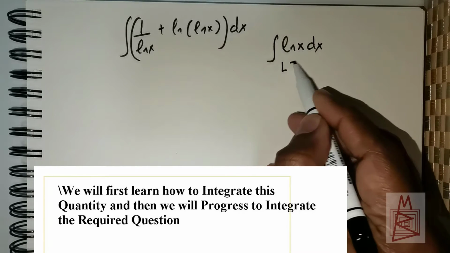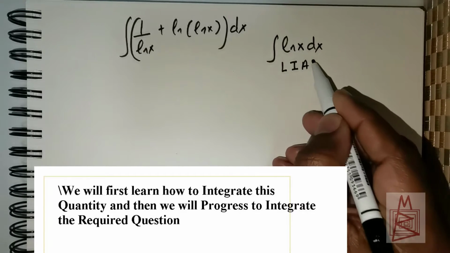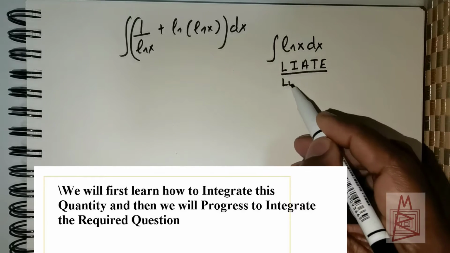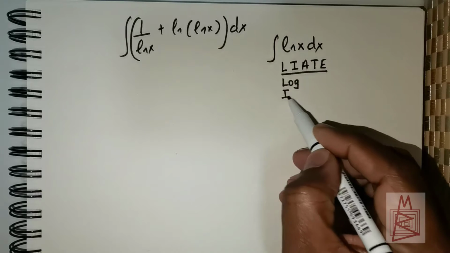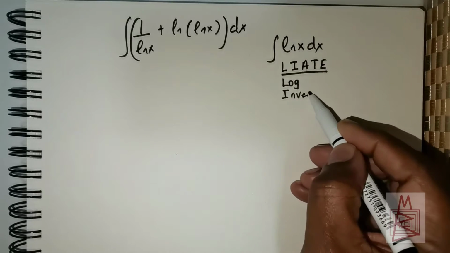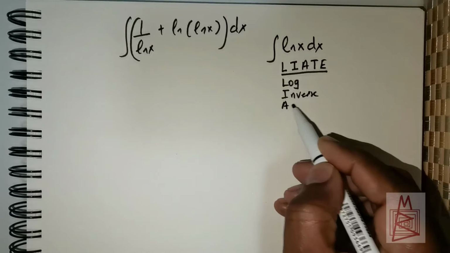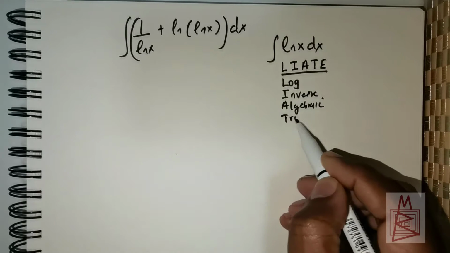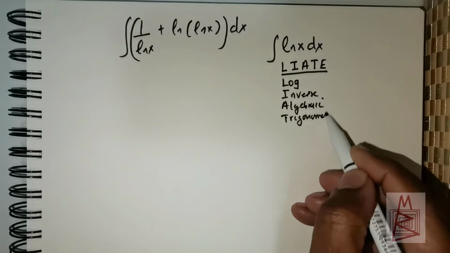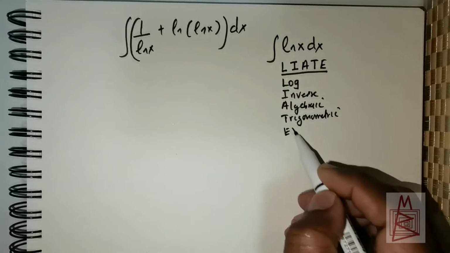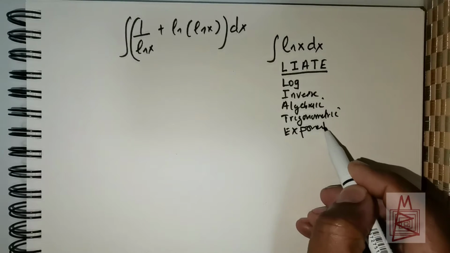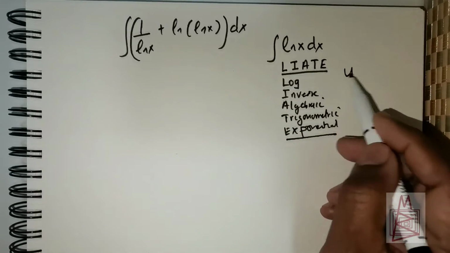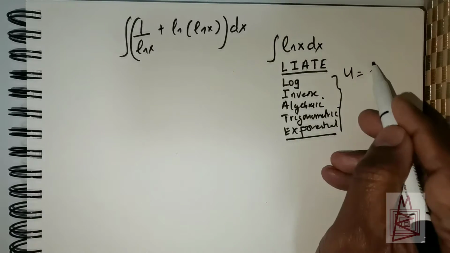We would always use integration by parts, where we would use the concept of LIATE, where L stands for logarithmic function, I stands for inverse functions, A stands for algebraic functions, T stands for trigonometric functions, and E stands for exponential functions. So clearly the u that we would take here would be ln x,